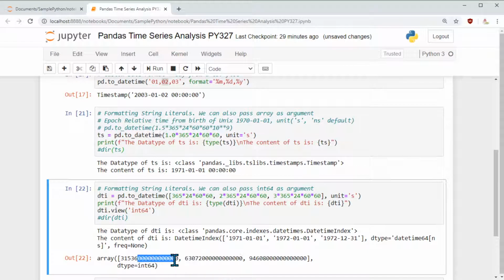The reason is that by default, when you convert from my index, which has the value in timestamp, and I say convert it back to int64, it gives me nanoseconds. That's the reason it has maybe 9 zeros.